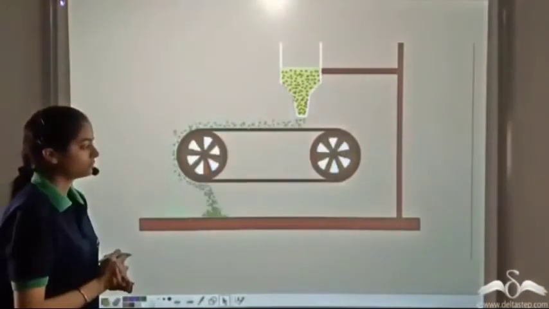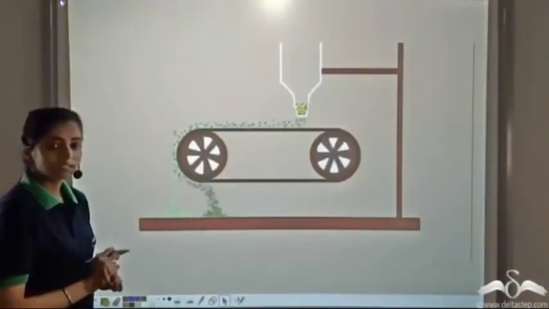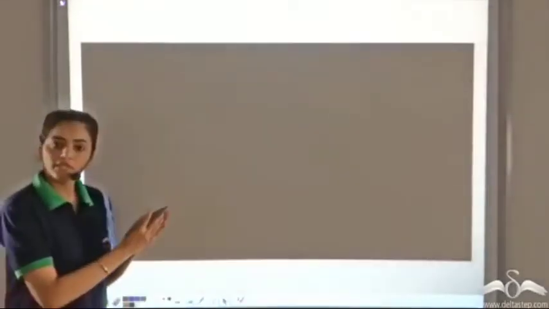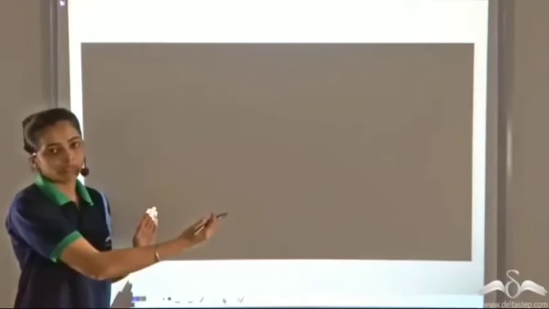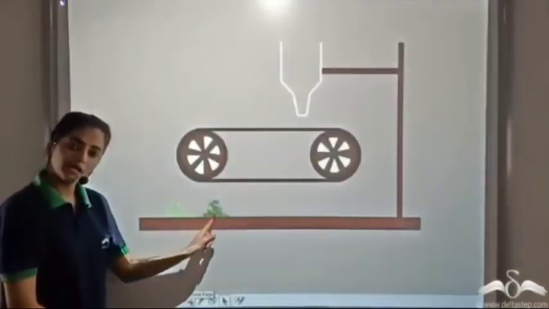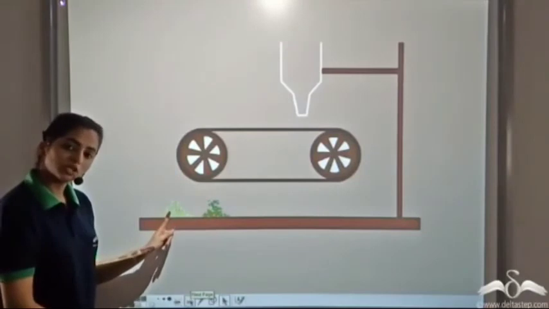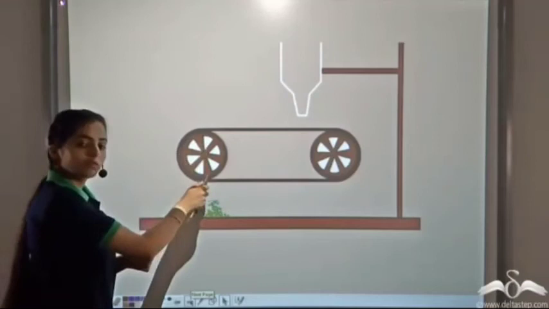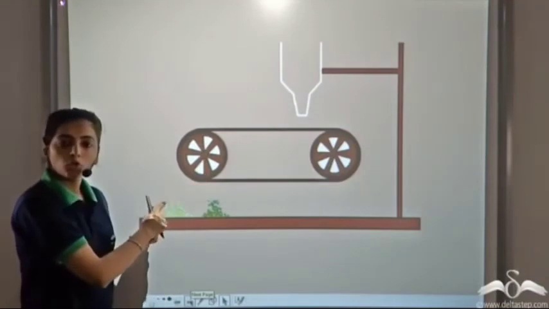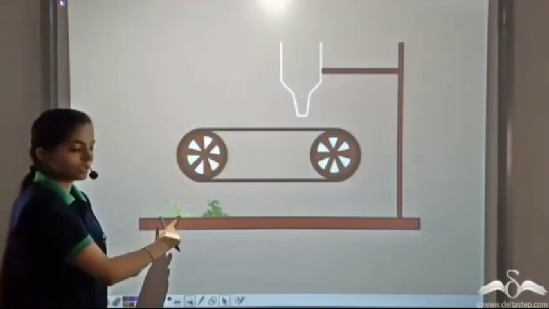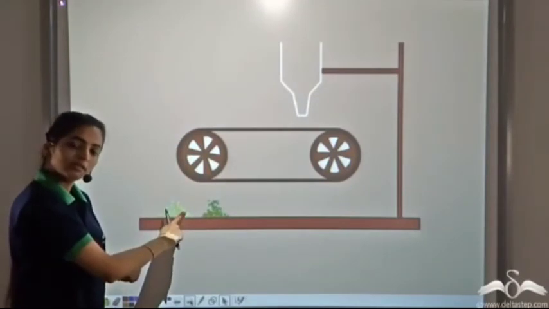So now, as the iron filings are magnetic in nature, they are attached to the wheel and separated from the ore particles. So what is happening in this case? We can separate the iron filings from the crushed ore by using this magnetic separation technique. This wheel is magnetic in nature. The ore is not magnetic. So as soon as it comes to this area, it falls, and it can be collected in a heap.